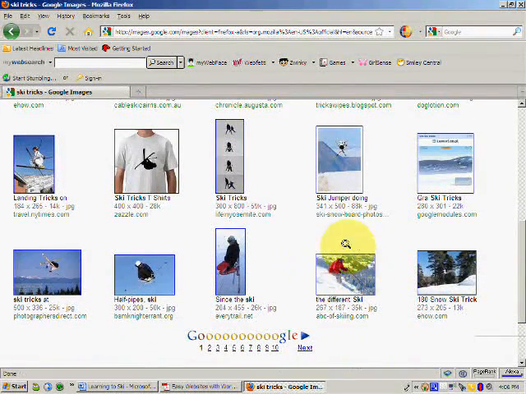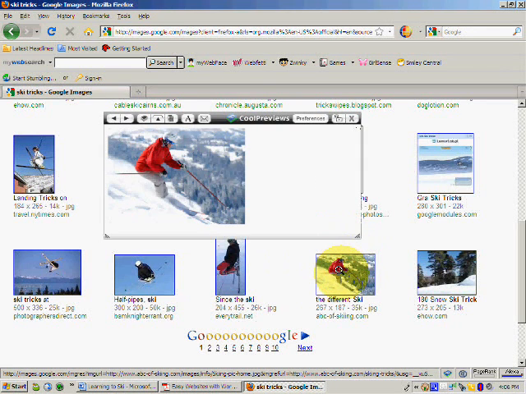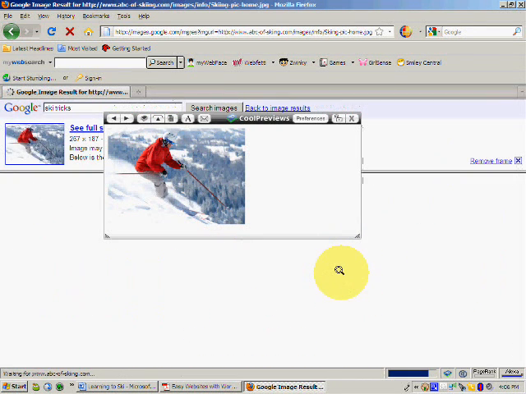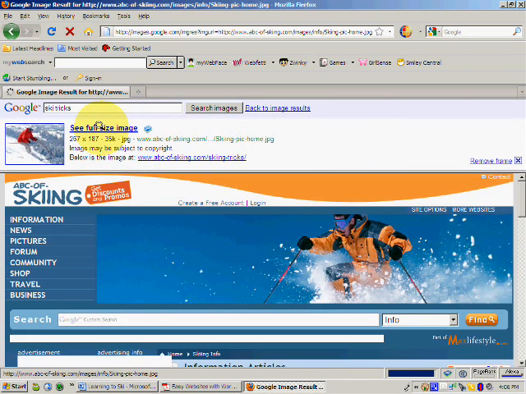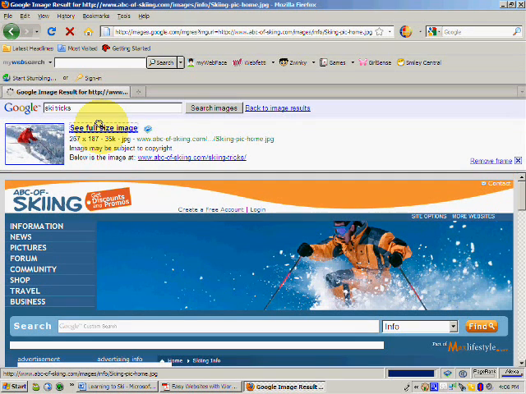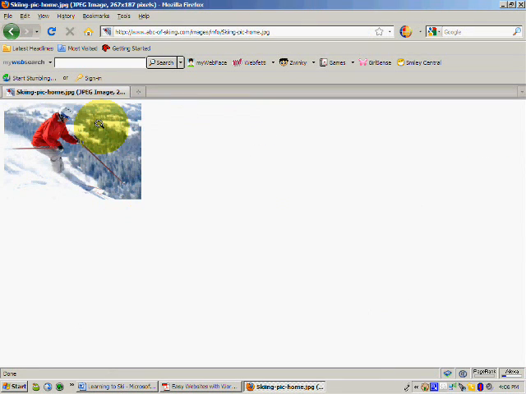Let's see if we can find one that we like. This one looks pretty good. Quite like this one. Let's open this one up. We'll click on see full size image. There you go, and there's the image there. So what we can do, we can use this little software application to take our own screenshot. So let's just come down here. You'll see this little hand here where it's got F, and you'll see it's got Screen Hunter. So I'm going to open up the software,